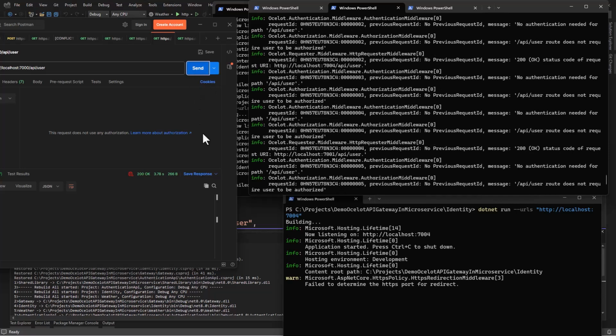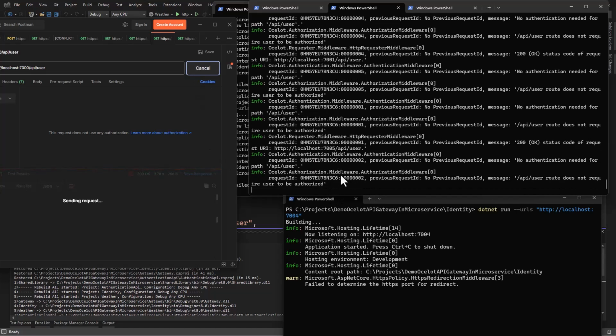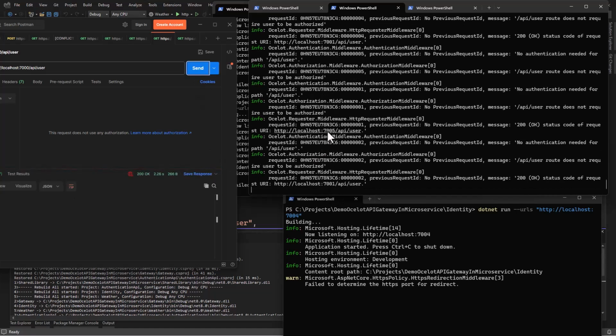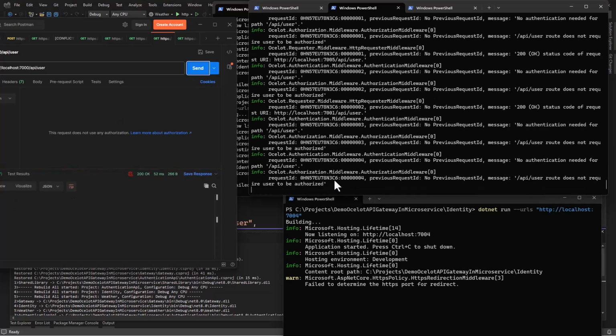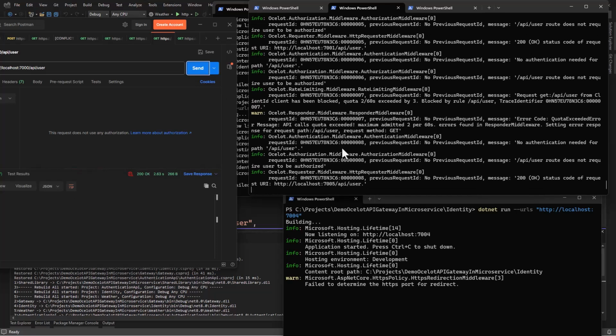If I make another request, now this request, let's see, the first one was 7005 currently, and now it's going to 7001. Another request, and 7001, let's see another request, 7001, the next request, 7005. So we see now it is balancing the load for us.